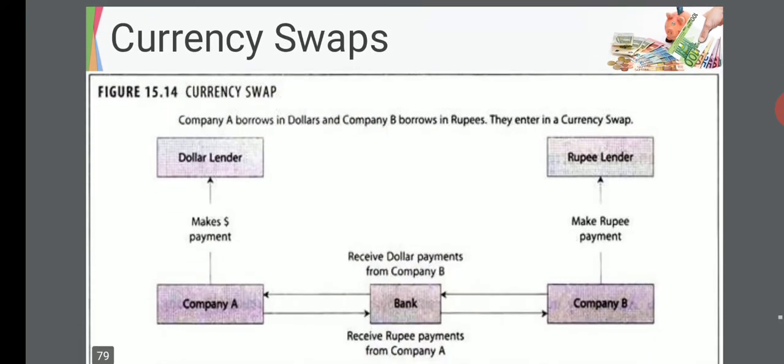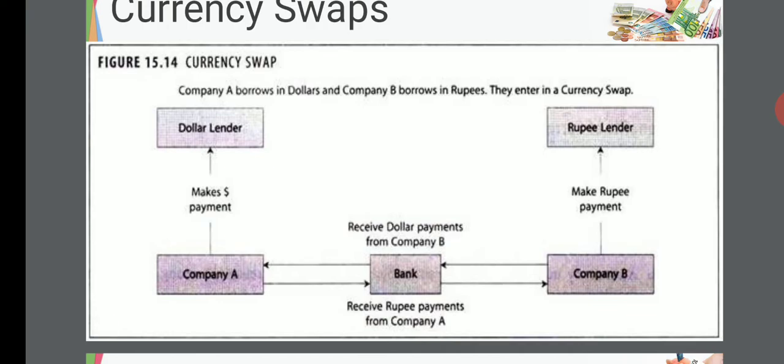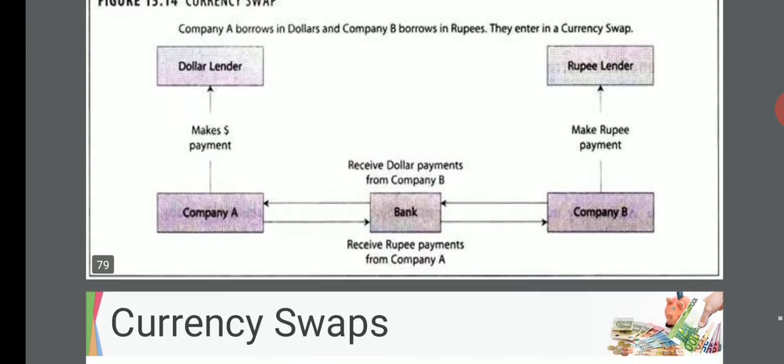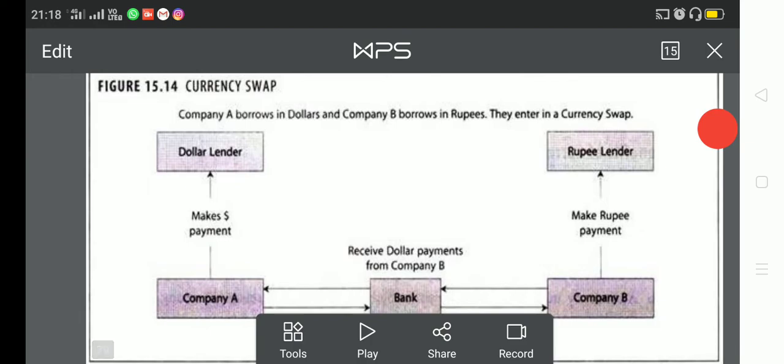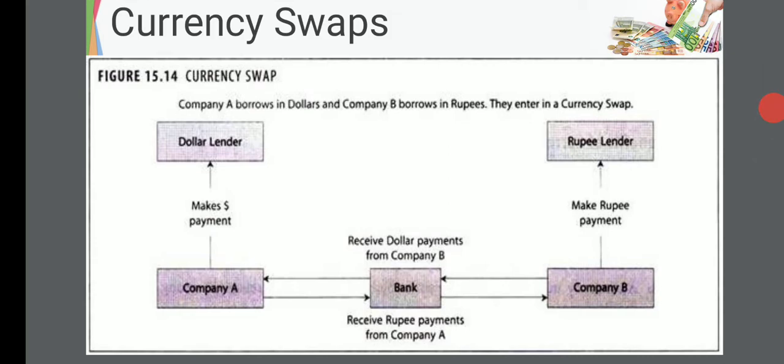Now, in a currency swap, company A borrows dollars and company B borrows rupees. They enter into a currency swap. What happens is company A gives to the dollar lender and company B gives to the rupee lender. And I gave the same example when I was starting the swaps. So it is a similar kind of example where company B has taken a loan in Indian rupees, and company A has taken a loan denominated in dollars, and now they've exchanged their